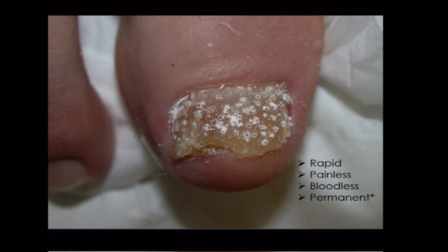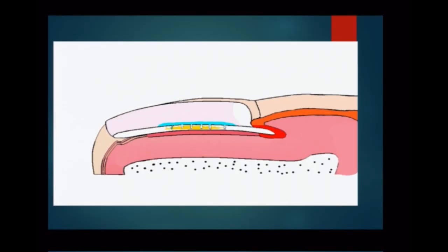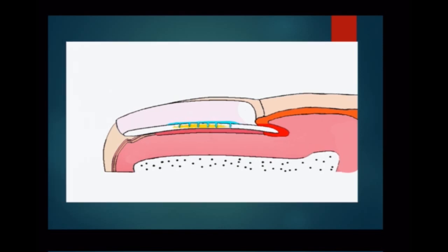And as yet, I haven't been able to draw any blood off any patient, and the holes are permanent, provided they don't use any lacquer or nail varnish. The holes stay there for the length of the time the nail is there, so the only way they go is when they're grown out of the nail. So quite simply, what I've been basically doing for the last couple of years is to do exactly that, and to use a topical antifungal on the nails. And what I'd like to do